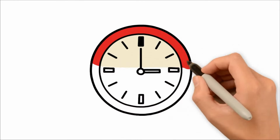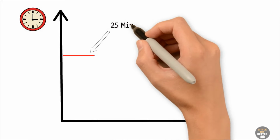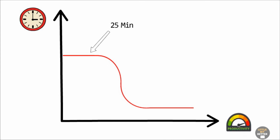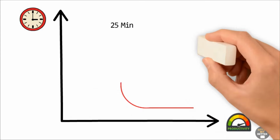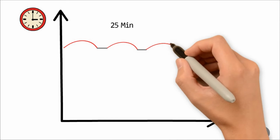On average, most of us can only work or study for around 25 to 30 minutes. You can force yourself to go 4 hours straight, but after the first 25 minutes, your productivity will start dropping, and it will look like this. What's the alternative then? The alternative is to simply take a 5-minute break every 25 minutes to maintain productivity across